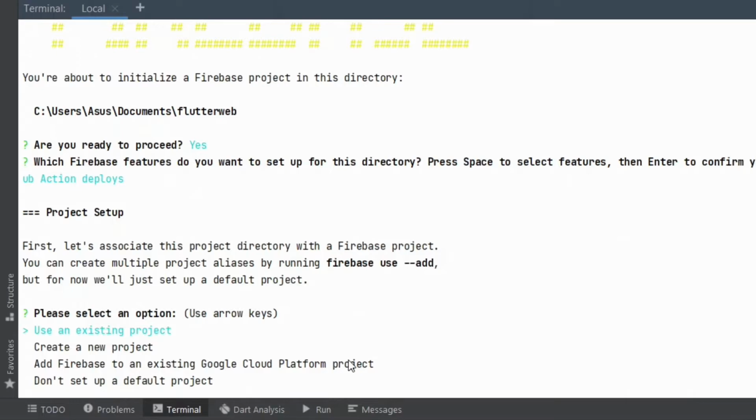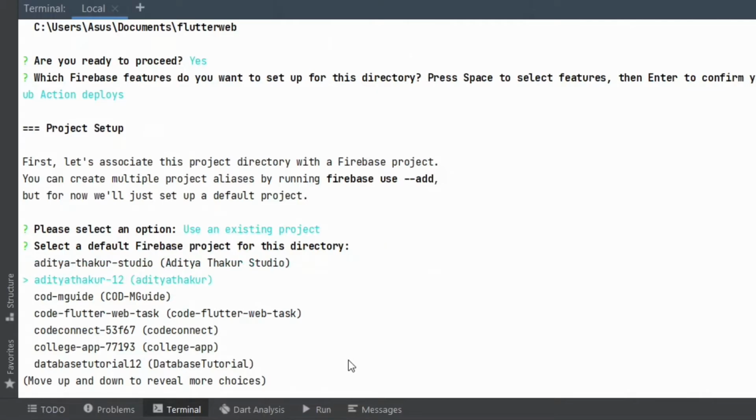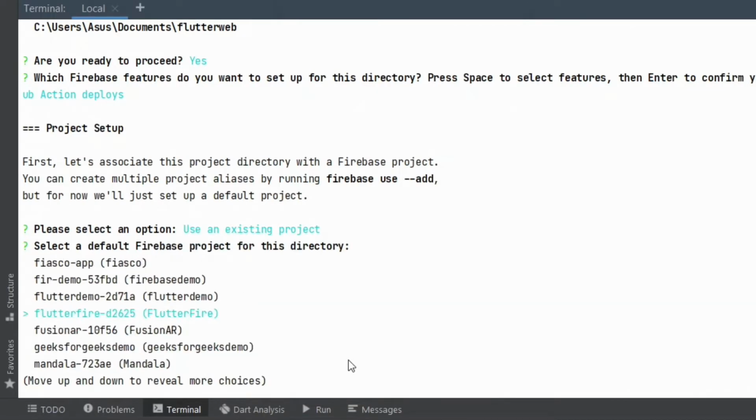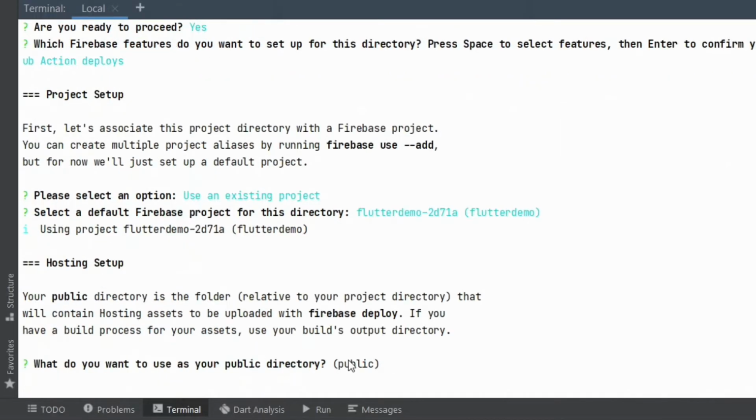Either I can create a new Firebase project, or add Firebase to an existing Google Cloud project. Since I already have one, I'll use an existing project. Hit the space bar again, hit enter, and it will ask which project I want to configure it for. Since we have been working with the Flutter demo, this is the one, and I'll click on enter again.